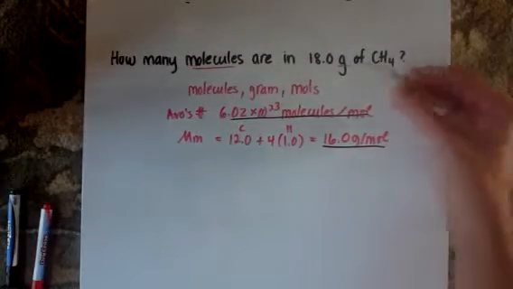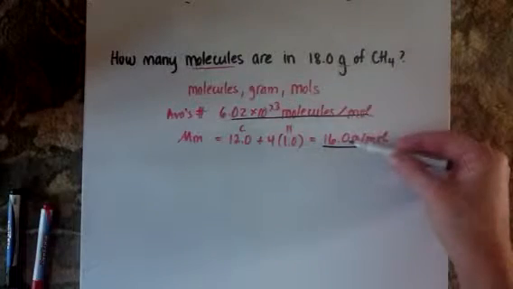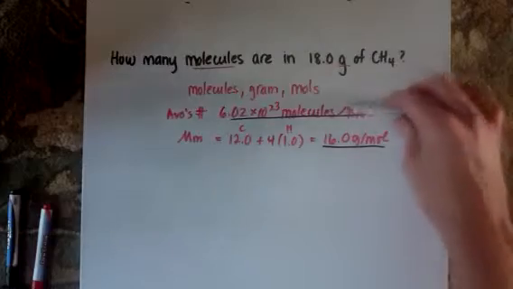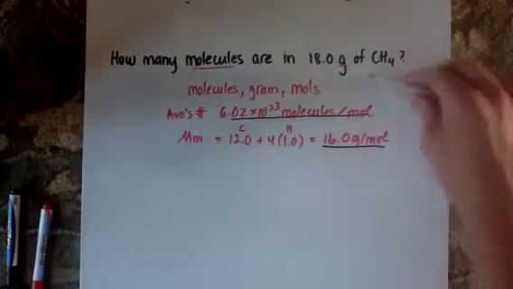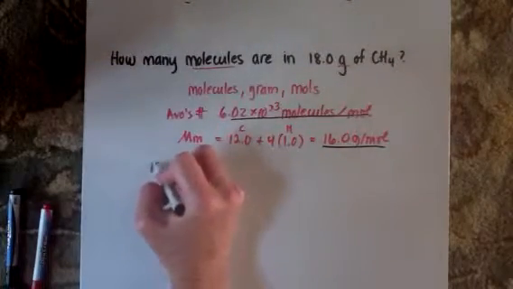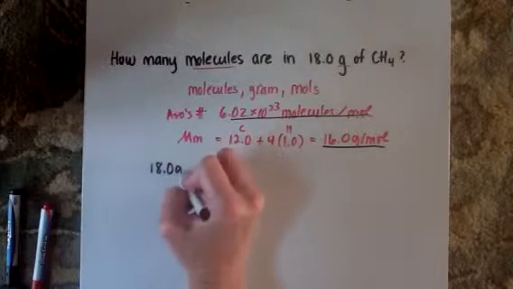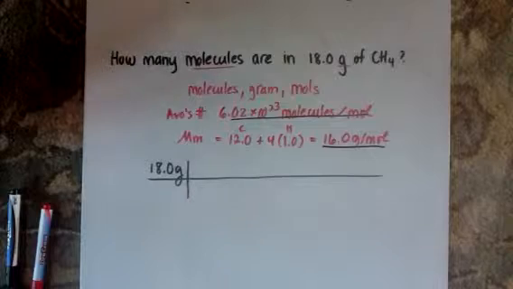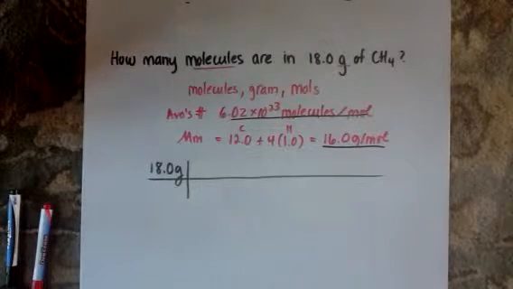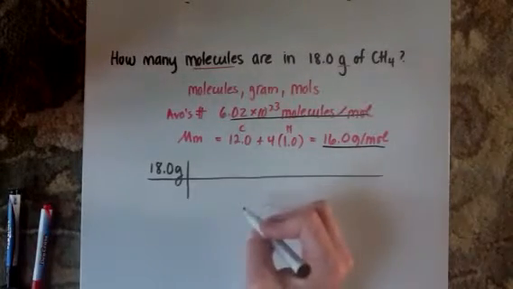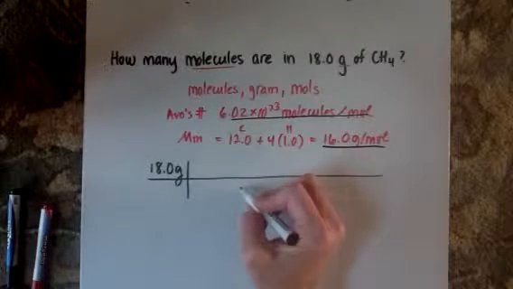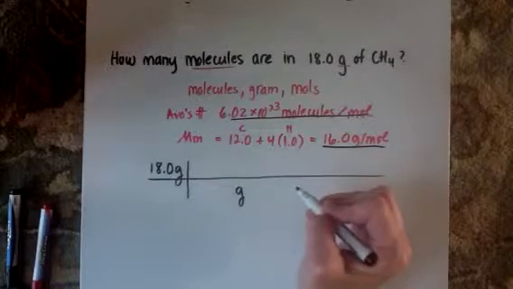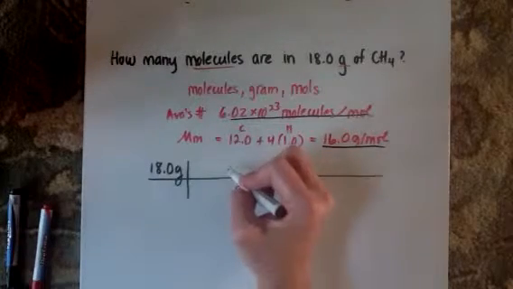And I have three numbers now. Which number do I start with? I look to start with the number that is just one number and one unit. Both of these have 2 units involved, so I'm going to start with my 18 grams. On the next step, I know that I'm going to want grams down here so that it can cancel. And I will go to moles next,